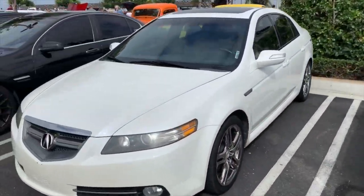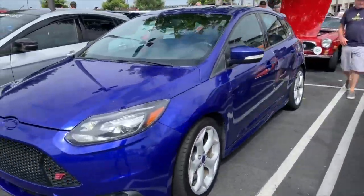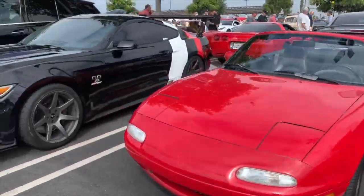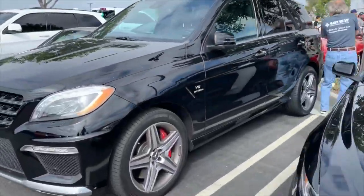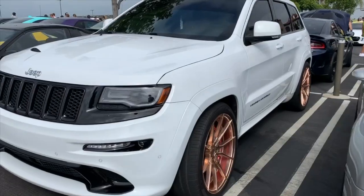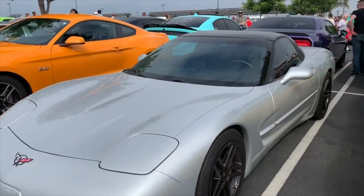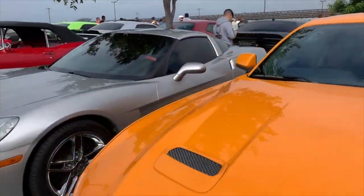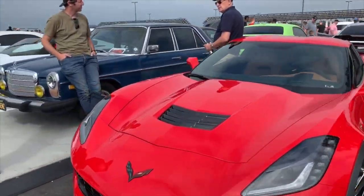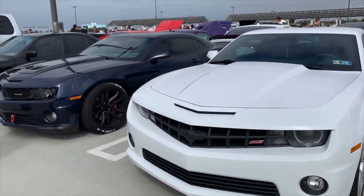MR2, Acura, Pontiac G8, aka Holden Commodore, Mitsubishi, Focus ST, another Focus ST, another Mitsubishi, one of the early Miatas, Mustang, an AMG, I think this is a GL63, rare car, Porsche, Grand Cherokee, another Mitsubishi there, a couple of Corvettes side by side, Mustang, another Corvette, '67 convertible Camaro, C7, Mercedes, another C7, Gen 5, a couple of side by side,